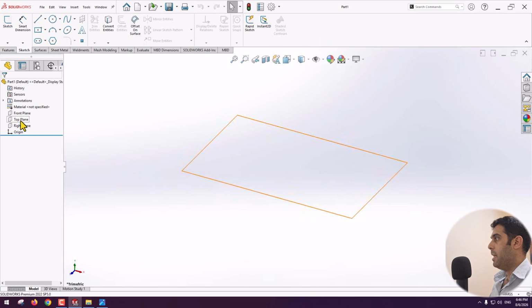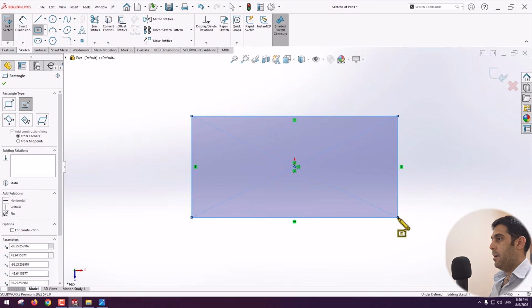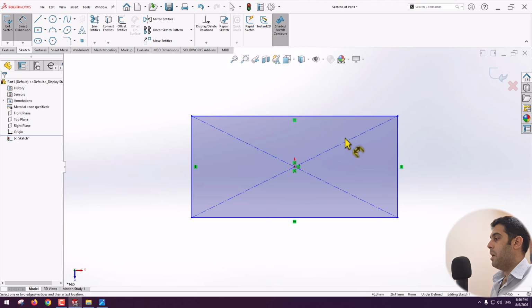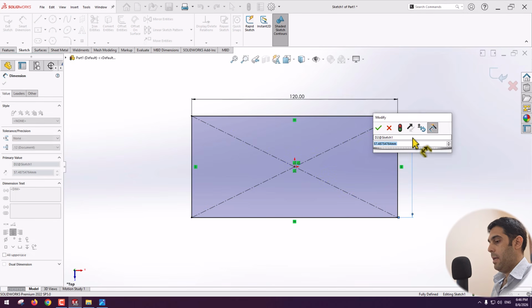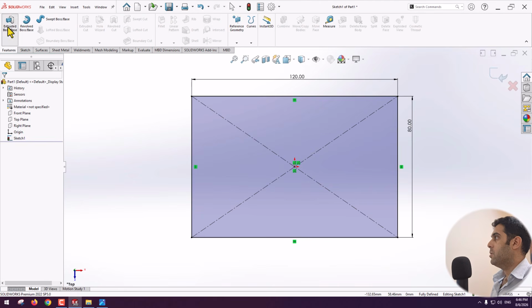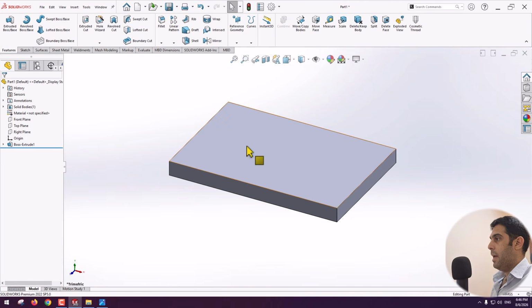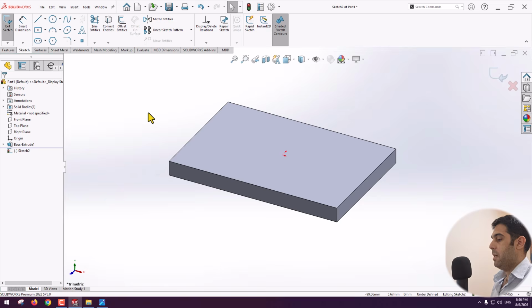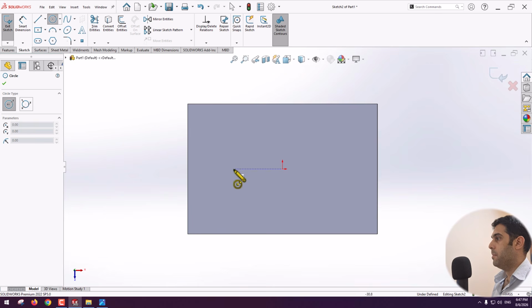On the top plane, I create a rectangle with the dimensions 120 millimeter and 80 millimeter. Extrude that 10 millimeter. Again, sketch on the top face of the rectangle, create two symmetric holes